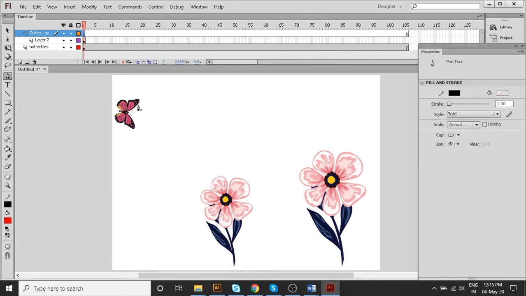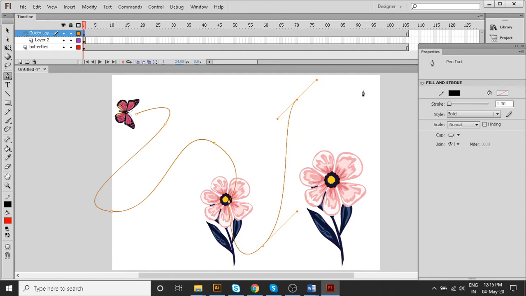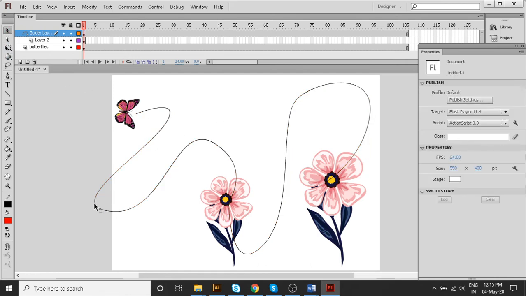Now I will use the pen tool. Pencil I have already told you; this time I will make the path using the pen tool, and it will go around like this. Yeah, so this is a simple path I have made. If you want to work on the path after making it, you can easily work on that like this. Make it smaller. So you can easily work on that path, no problem.